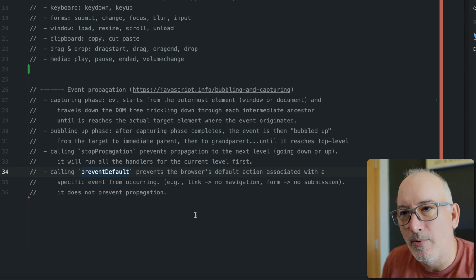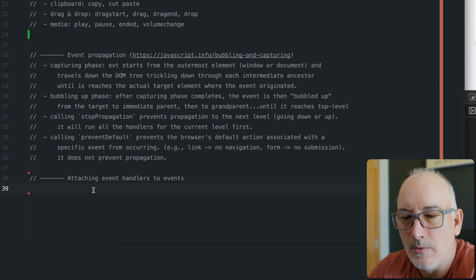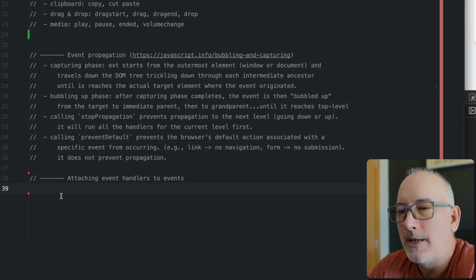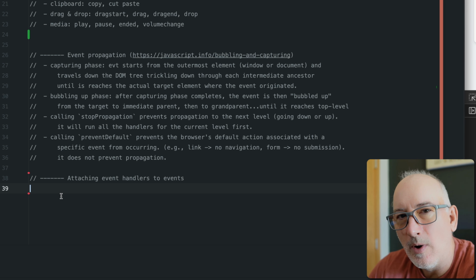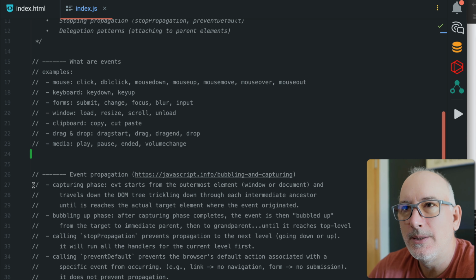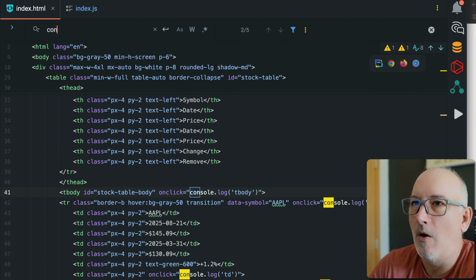So by calling preventDefault, you can cancel out whatever that default action might be. Okay, so let's talk about how we can attach events to our DOM elements. One way is we can directly attach them in the HTML. This is not necessarily the recommended way. It has some deficiencies, but for now, let's go over to our HTML, and I'm going to search for onClick